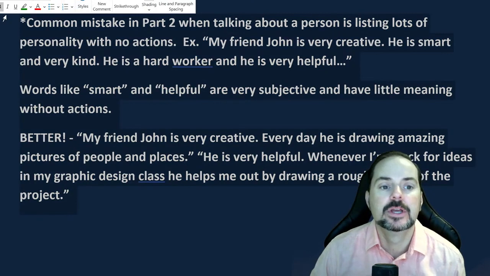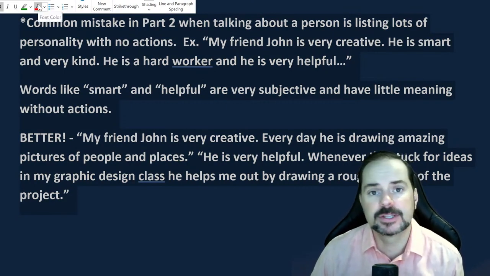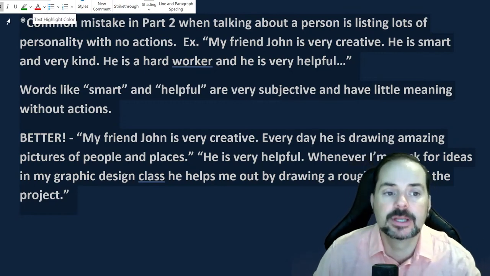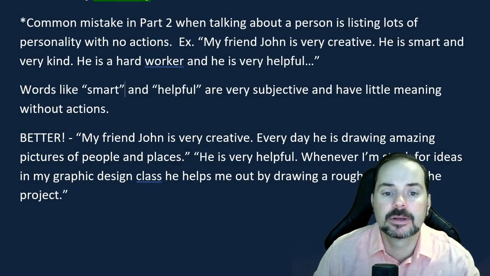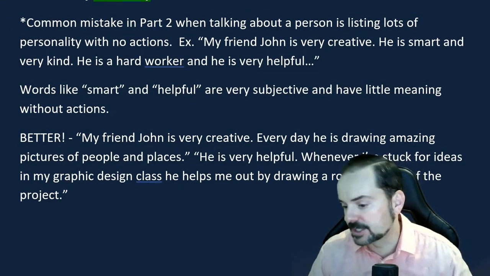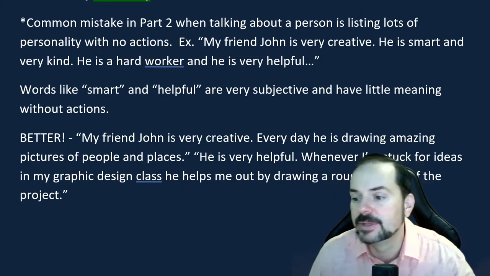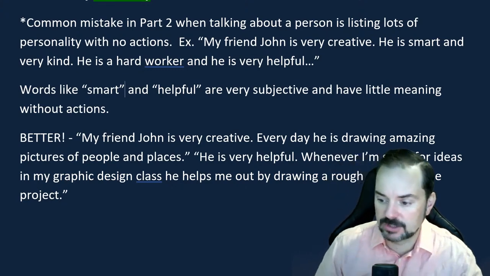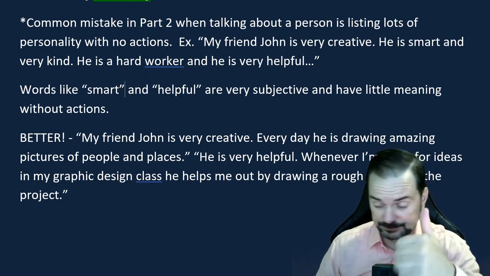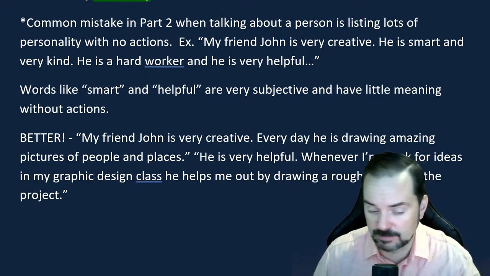All right, so the most common mistake when people talk about part 2 is they just start listing characteristics and not really giving any action to prove those characteristics. Nancy says, got it. Okay, good. I'm sure Baljit, Rajveer, and Amra got it. Sanjay, got it. I'm pretty sure you might have heard me say this before.